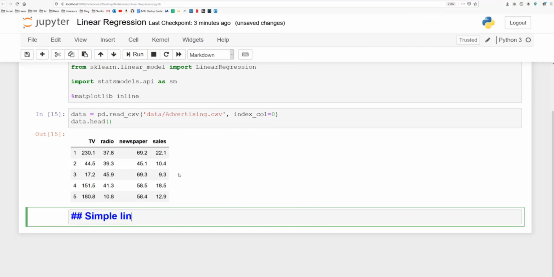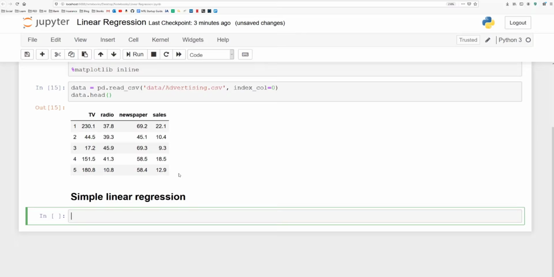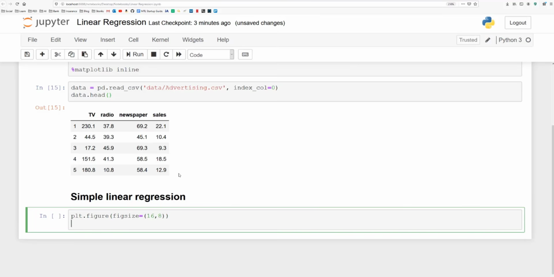So we start off with some simple linear regression. We will only consider the effect of TV on sales. In this case, feel free to take radio or newspaper. I always like to do a quick plot of my data whenever possible. And in this case, because we only have one feature, one target, it is indeed possible. So I first set the size of my figure, and then we do a scatter plot. I specify the X, which is going to be data TV, the Y is data sales, and then I specify the color. I want it to be black.